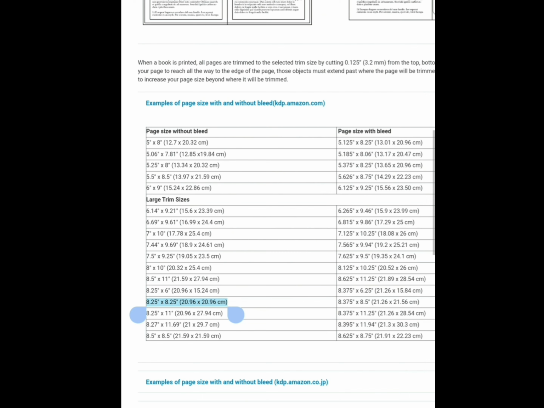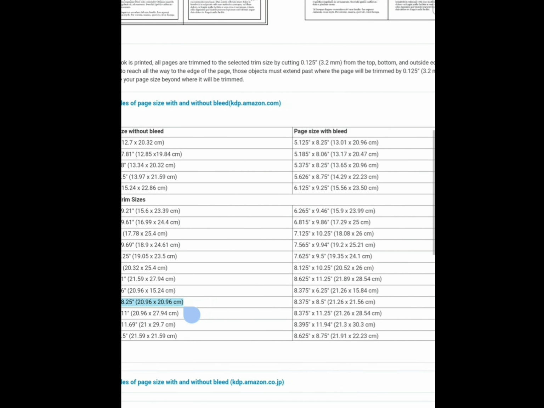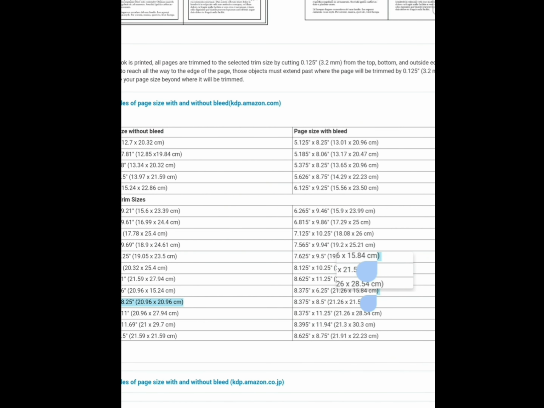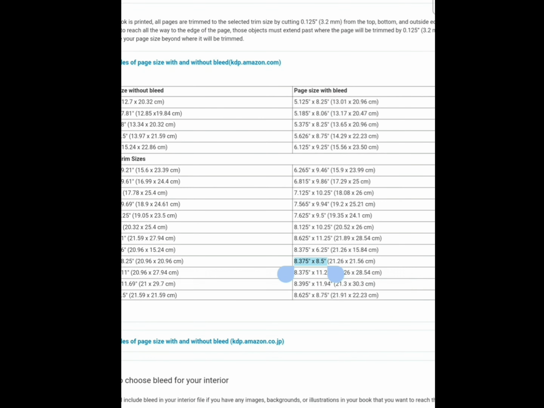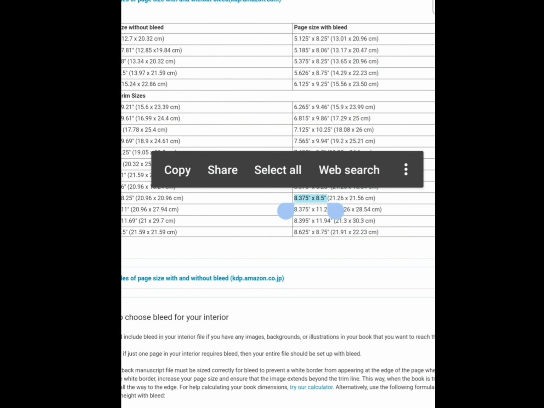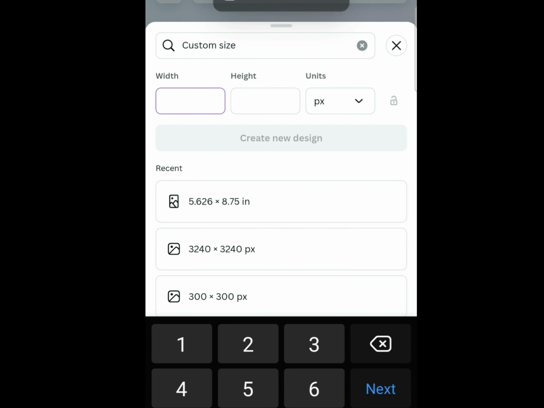All right, so the size I'm going to be using is this 8.25 by 8.25, but since I am going to be creating a kid's book, and it has to be a page size with bleed, I'm going to be coming just across here. All right, so this is the size I'm going to be using, 8.375 by 8.5, right? So if I was to create a book without bleed, I'm going to be using the 8.5 by 8.5. So I'm going to come back to Canva here,